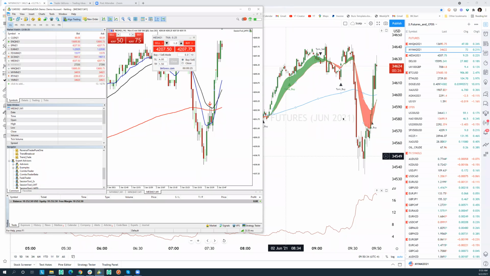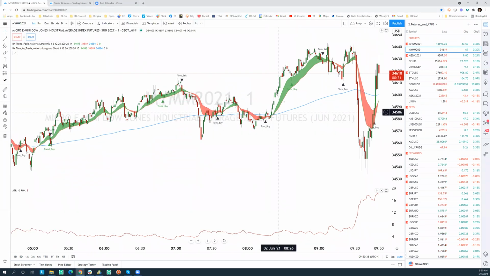You see the beauty of the turn trades, of course, is they're earlier. They're always going to be earlier than the trend trades. There are a couple of exceptions, like over here, a tiny little red zone that just doesn't even create a turn trade. The turn trade indicator